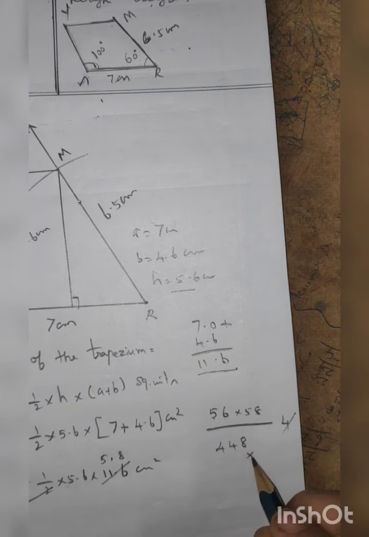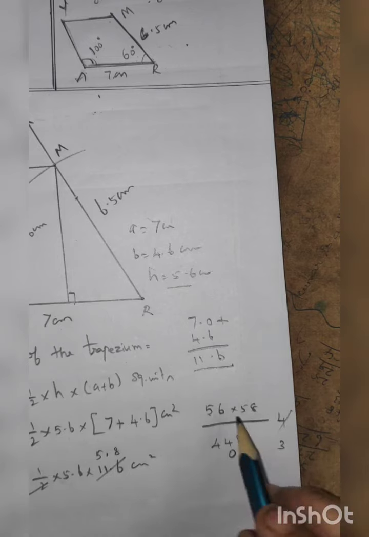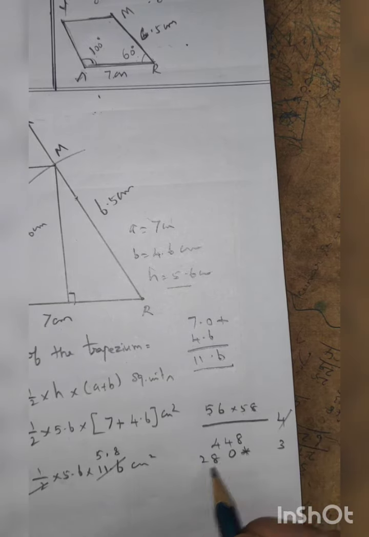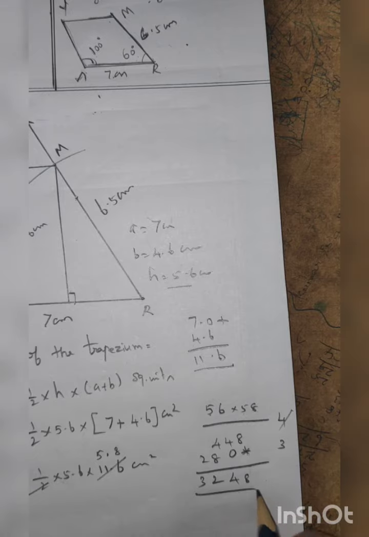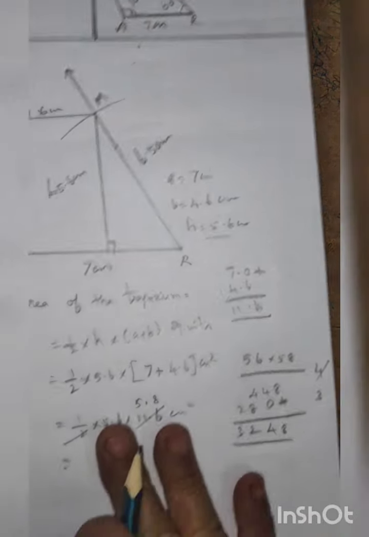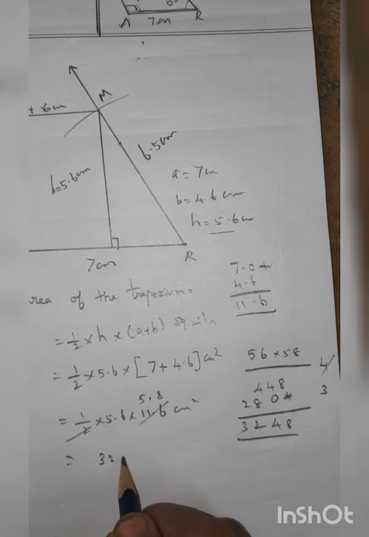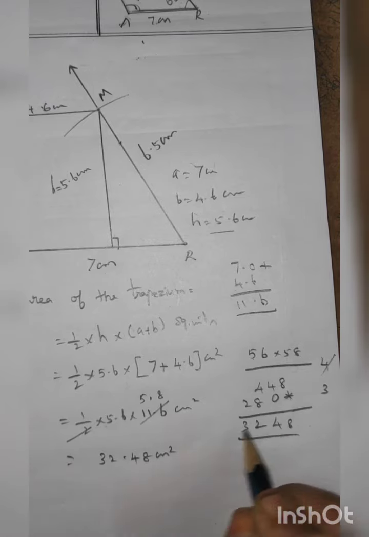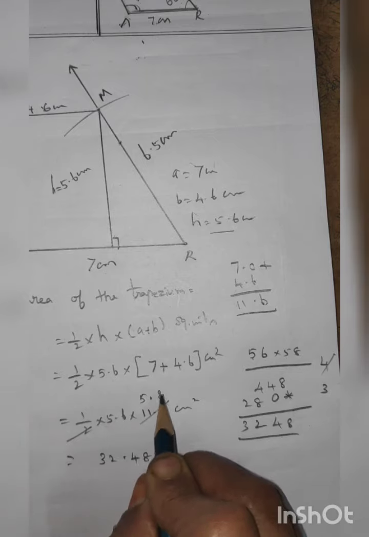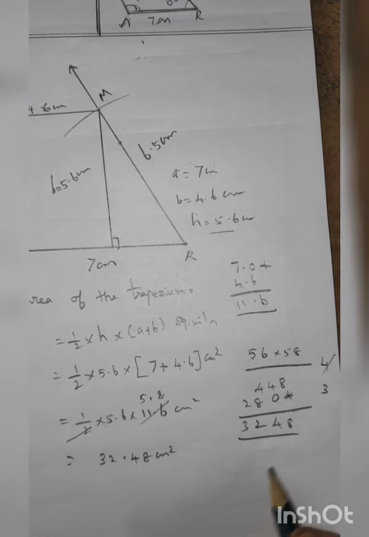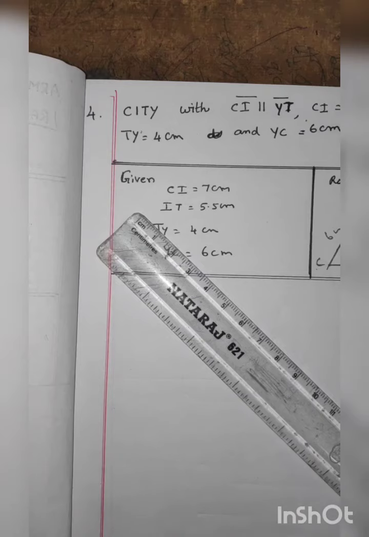First step is completed. 5 6s are 30, remaining 3. 5 5s are 25, 25 plus 3 equal to 28. Add the numbers now. Equal to 32.48 centimeters squared. Point after the 2 decimals. Here 1 decimal, there 1 decimal, have digits. So 1 plus 1, 2, count from the last and keep 32.48 centimeters squared.